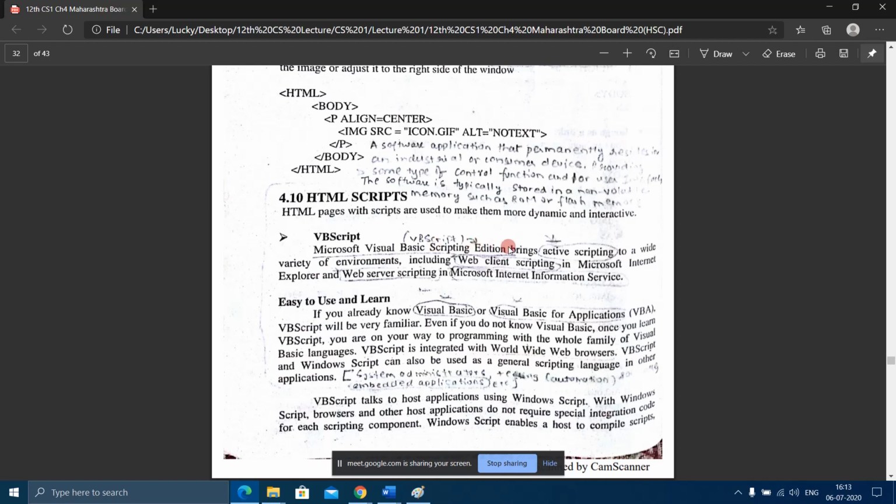So VB-Script brings active scripting because VB-Script can be used within the HTML program in a wide variety of environments. So what are these environments? The term mentioned here is web client scripting, which means the HTML code which we type in Notepad and run with Internet Explorer or Google Chrome.